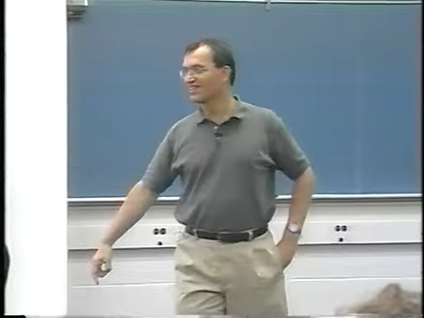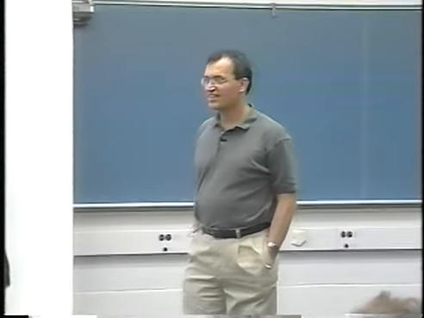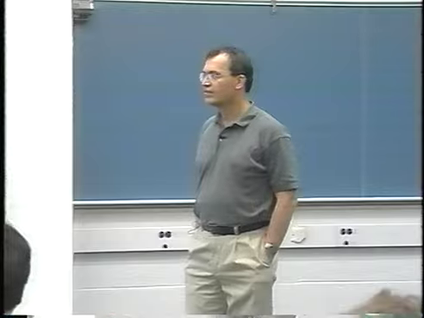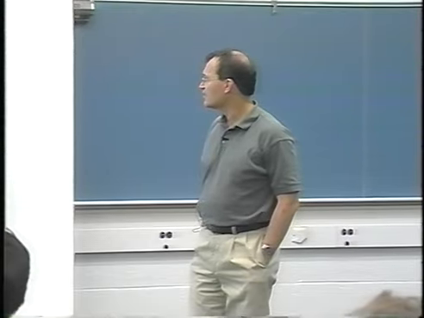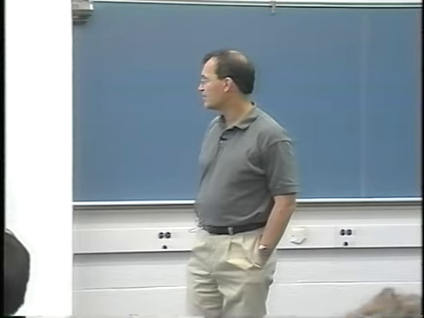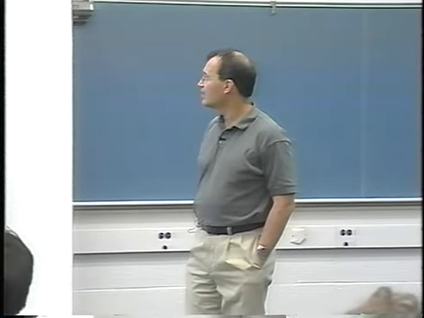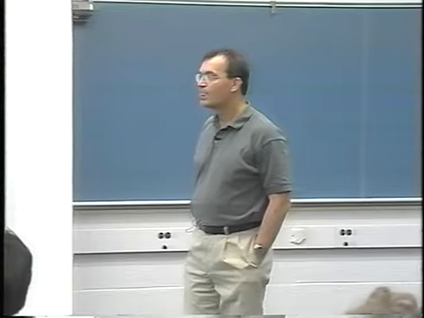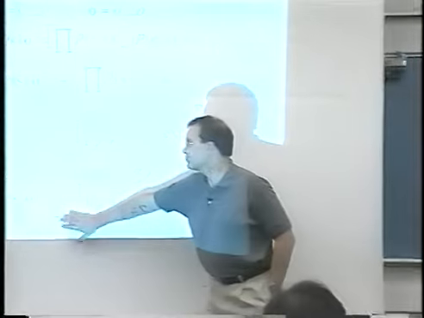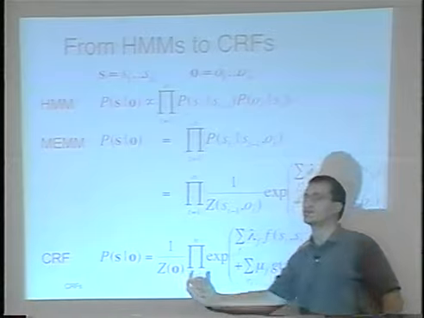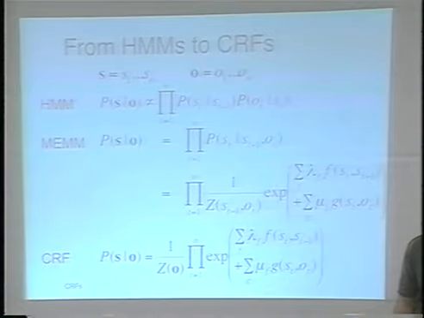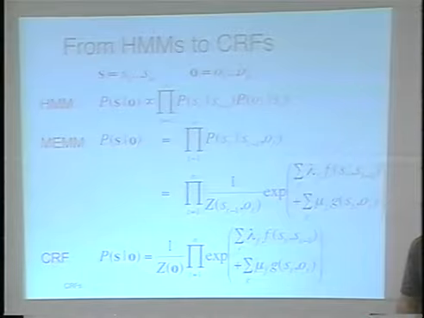May I suggest something? The fact is that Jeff is right if this is a correct formula. Why? Because the exponent with the lambda f of s_t, s_t minus 1 is like the P of s_t given s_t minus 1, and the other thing is like the other thing, and consequently, formally, this formula looks precisely like the other one. It looks like it, but it isn't, because the normalization is outside here. I think everybody agrees that an HMM is a special case of a CRF. And a CRF and an MEMM are not special cases of each other. That's right.